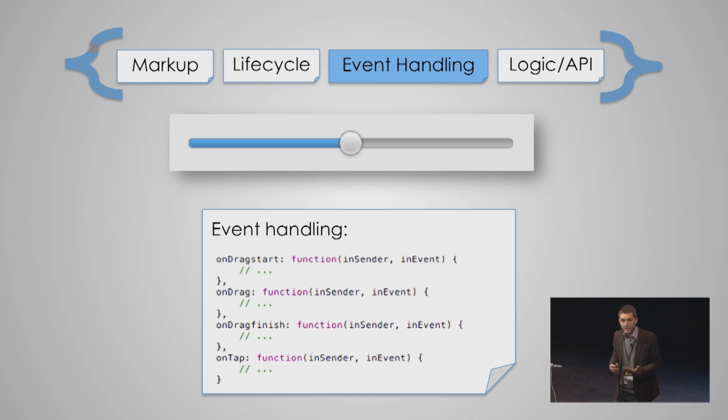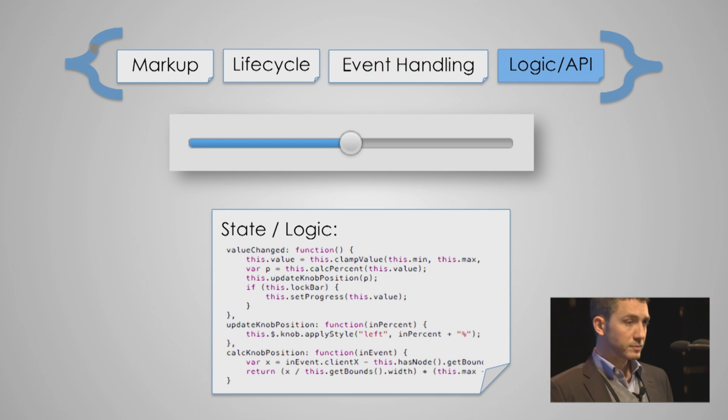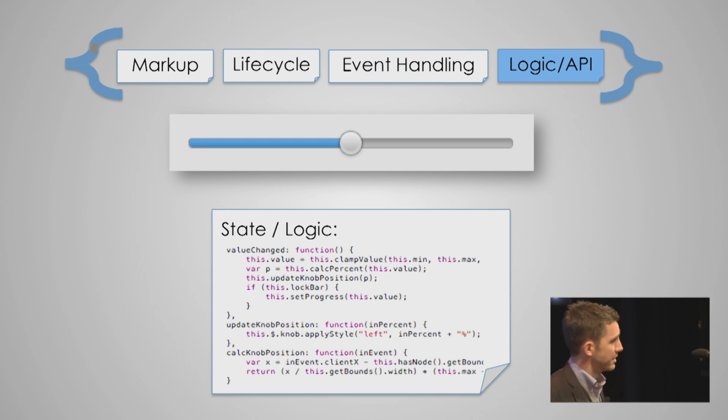Okay, so the slider needs to be interactive. We need to be able to capture events coming up from the DOM, things like drags and taps. That might need to change the internal state, apply some new CSS styles to move the position of the little knob, right? Those are things that we would also encapsulate in the object, and then any state or logic that the slider will need. For example, we might want to give the slider an API so that not only users can drag it, but we can also programmatically change the position. That would be an API and some logic that we would put on that component.